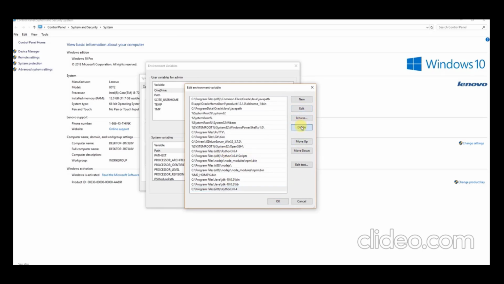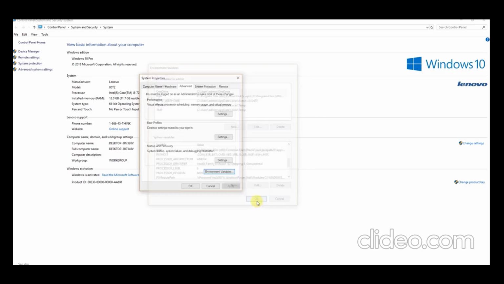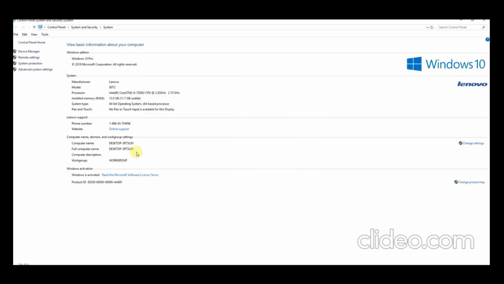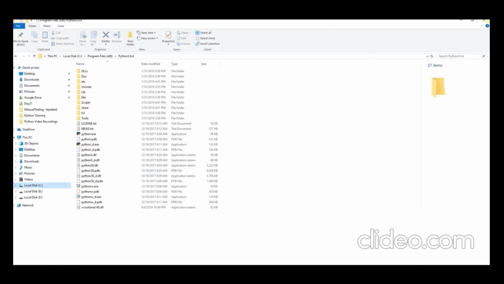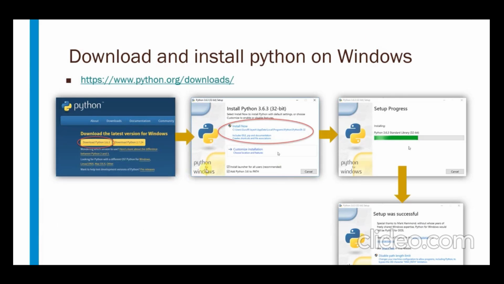This is how we need to do the configuration the first time. Once we have configured this path, click on the OK button, then OK, and then OK again. So this is how we need to install Python the first time. Once we have installed Python, now I'm going to show you how many ways we can run code in Python. There are almost 6 to 7 ways we can run our Python code in multiple environments. Now let me show you one by one.